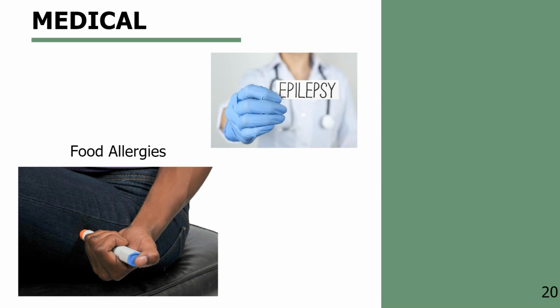So if your student has epilepsy, like my student does, that needs to be listed in their portfolio. Any food allergies that they may have, any restrictions they may have, any surgeries in their past. I don't mean like a word for word medical history, but talk with the student's doctor. What would be important to have in their file so people knew, and make sure that we put that